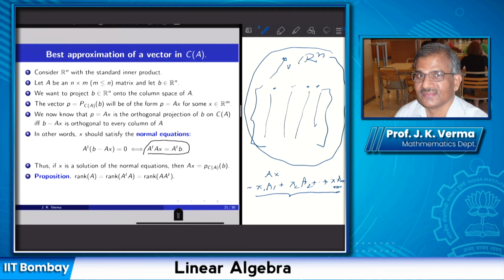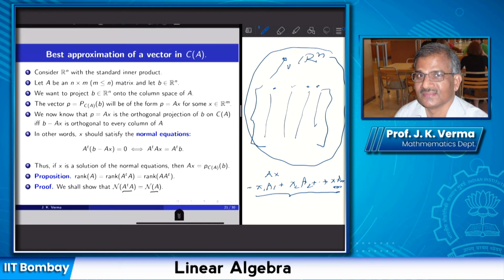Okay, so to do this, let us first prove that the rank of the given matrix, this is a tall matrix, is the rank of A transpose A, and it is also equal to the rank of A transpose. Yeah, so A is an arbitrary matrix with real entries, and I'm proving that the rank of A transpose A is the same as the rank of A transpose, which is equal to the rank of A. So instead we will prove that their null spaces are equal. Yeah, the null spaces of these two matrices A transpose A and A are equal, and so the dimensions of the null spaces, or nullities, of these two matrices are equal,